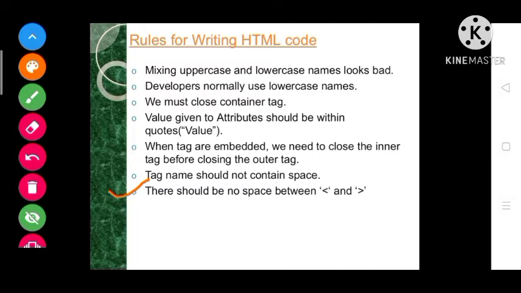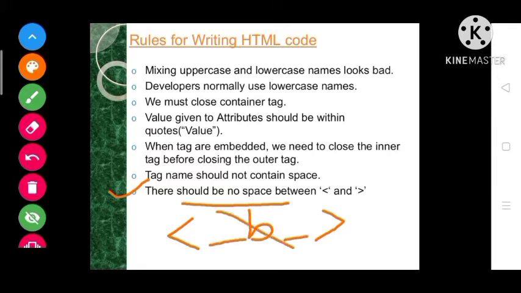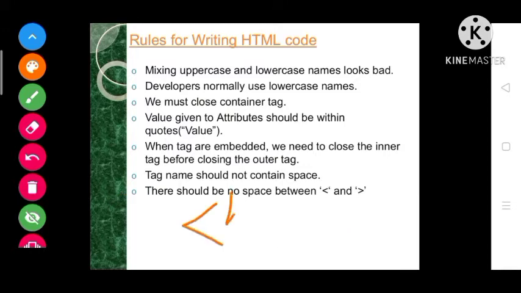Next rule: there should be no space between the starting bracket and the end bracket. If we are using a b tag and space is given here and here, this is the wrong method. If we want to write, we should write only by this correct method.